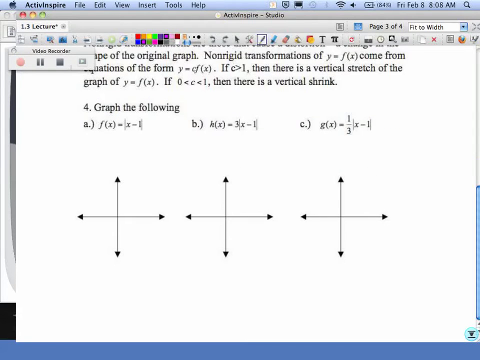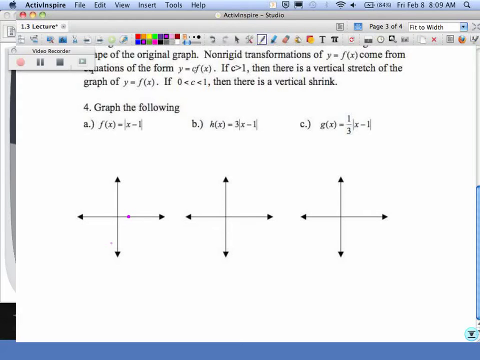So this is absolute value. What shape does absolute value have? A V. And with x minus 1 inside the absolute value, it's going to do what? Right 1. To the right, 1. Now, we don't talk about slope except with linears, right? But with the absolute value graph, I do refer to slope when you talk about the line, and normal